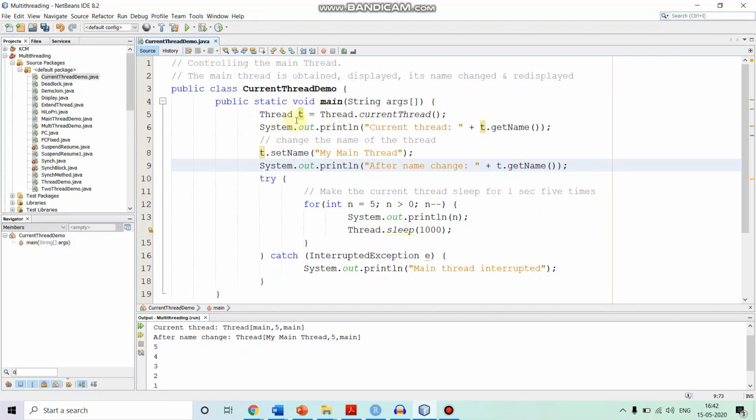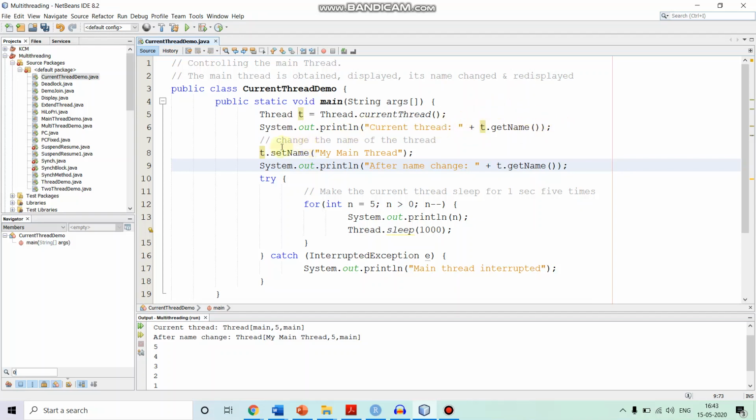It will return us an object reference of the main thread over here, that is t. Using this object reference, we are trying to print the name of the current thread. Okay. So we are doing System.out.println t.getName.